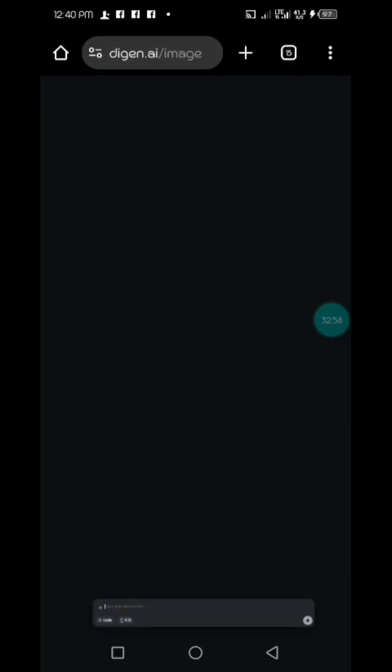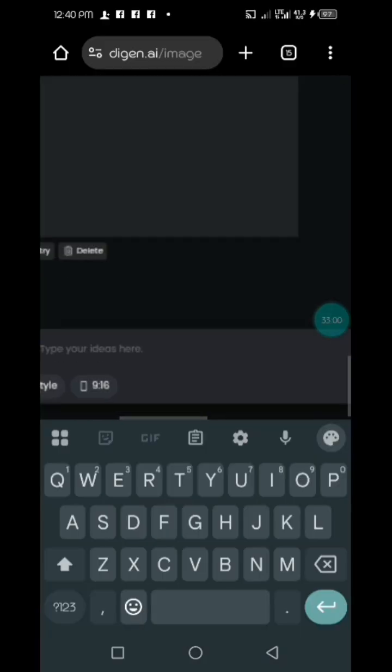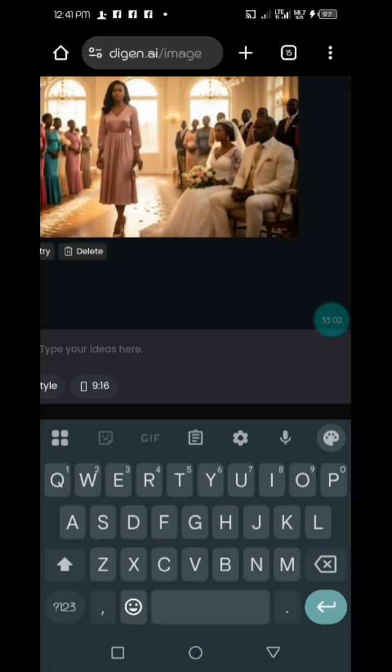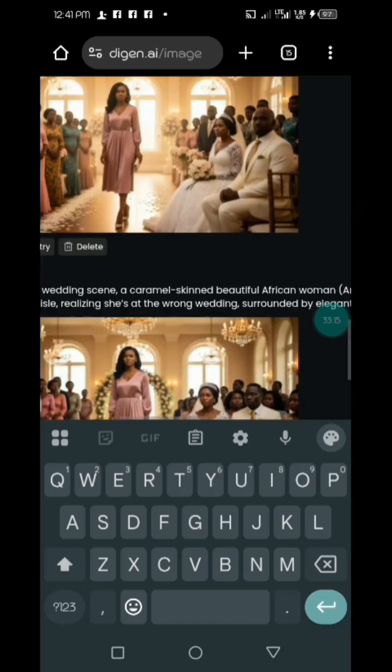So, the models used for video generation in the app are not as many as the models used for video generation in the web Digen AI. So that's why I stick to my web Digen AI. Now I'll go back to the main face of